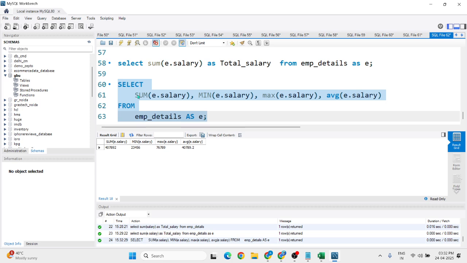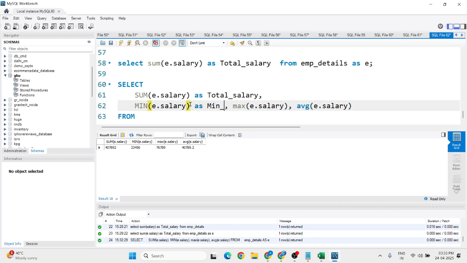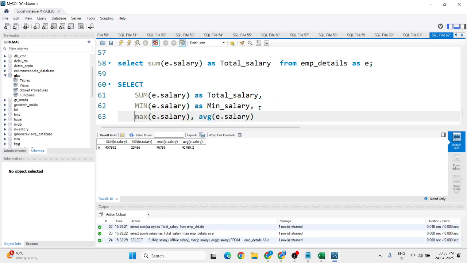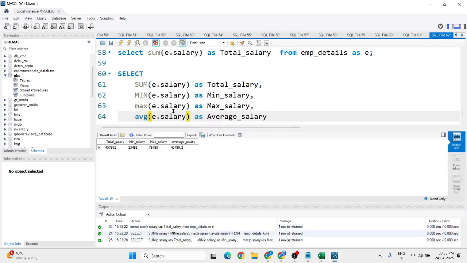But right now we are just referring to the aggregations and what results they are giving. Now you know that we are getting different column names. That's why it's recommended to give aliasing. I will refer to this sum of e dot salary as total salary, right? I will refer to this minimum as min salary, and let me write the maximum as maximum salary. This is just my temporary column name, right? And average as average salary. Now if you just hit Control Enter,